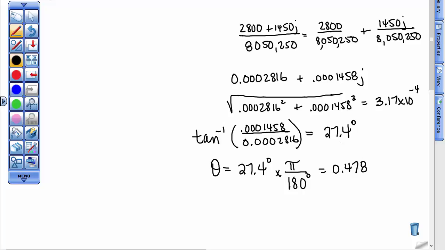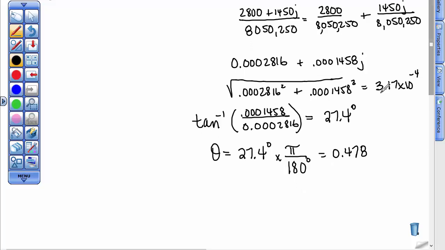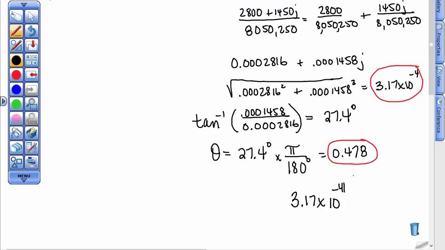And so finally, I could write my answer now as this, I'm going to circle this in red, is this R value times e to the theta, this being my theta value, j power. So I have 3.17 times 10 to the negative 4th, e to the